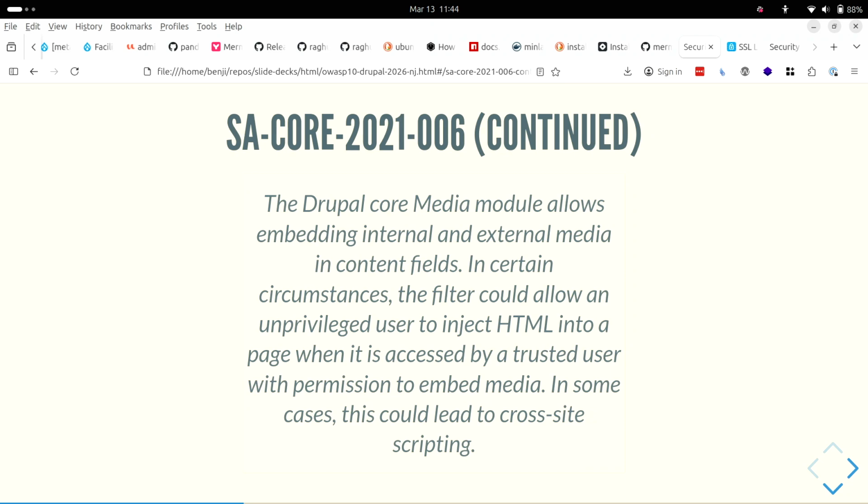The textual description from that security advisory is: the Drupal core media module allows embedding internal and external media in content fields. In certain circumstances, the filter could allow an unprivileged user to inject HTML into a page when it is accessed by a trusted user with permission to embed media. In some cases, this could lead to cross-site scripting. So this was a failure of access control,